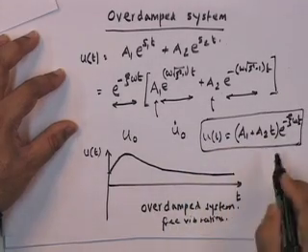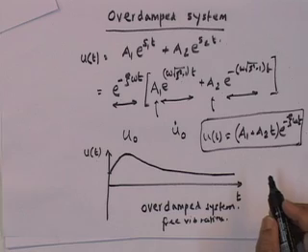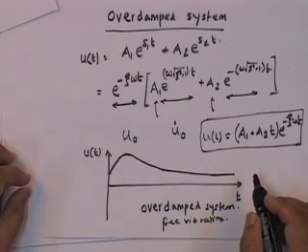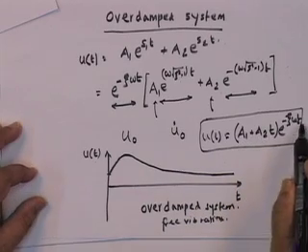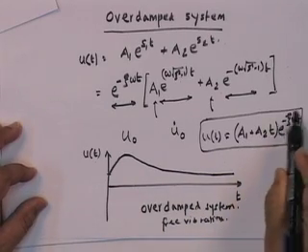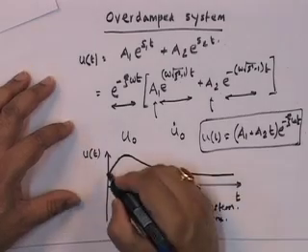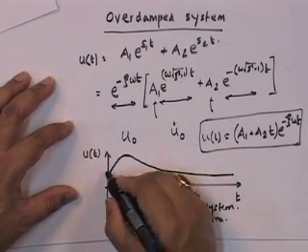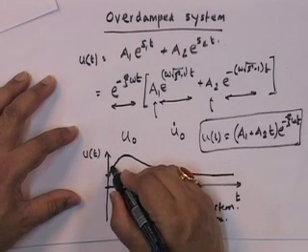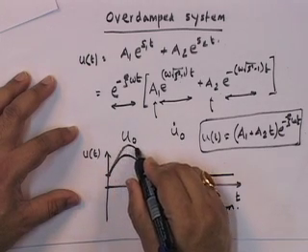This is how it looks. Now, if you look at this, this is a linearly exploding function superposed with an exponentially decaying function. If you give the same initial displacement and same initial velocity, this will go up like this